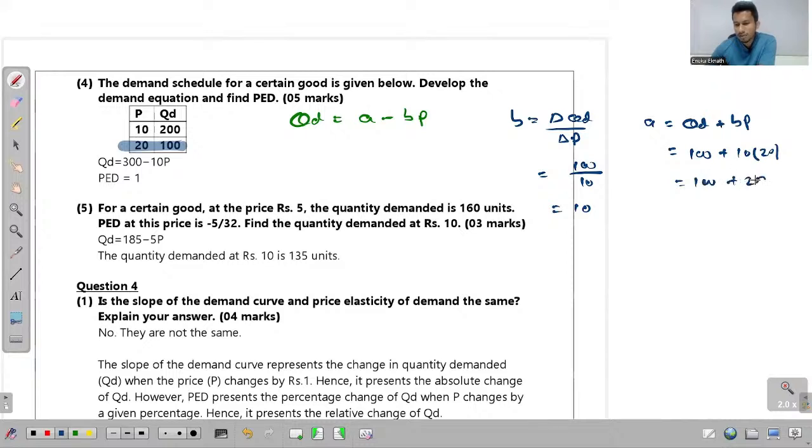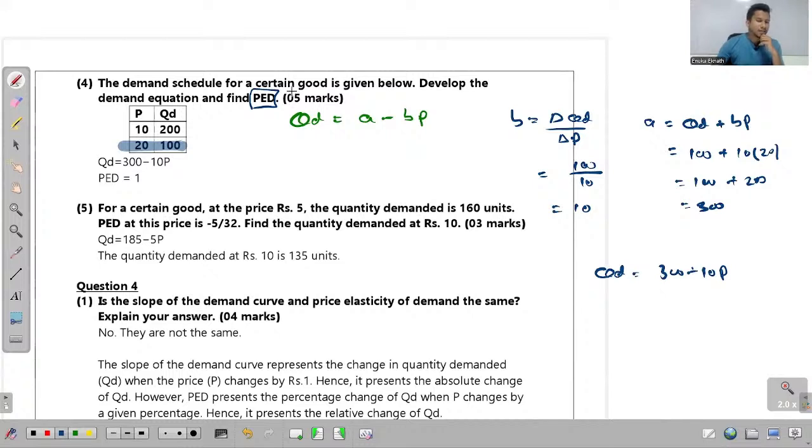Finally, you get 100 plus 200, answer is 300. So A is 300, B is 10. Based on those two, you can develop the equation this way: 300 minus 10 times P. Now we get into this part, PED,